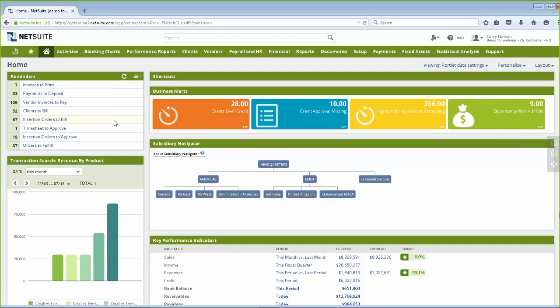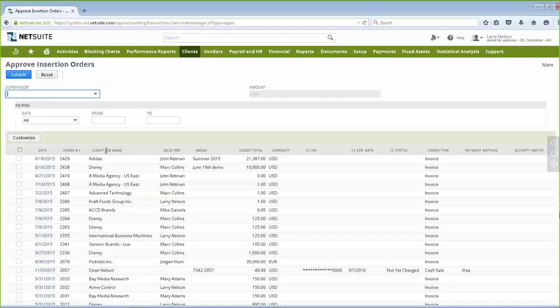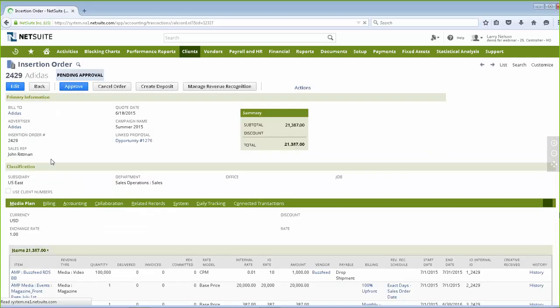This is just going to let me know things that can be done in bulk, as well as workflow that has then put them on my dashboard. And then I can also see things that I need to do in bulk, such as I'm ready to be billing some of my insertion orders, that type of thing. So let's go in and look at that contract that we had talked about earlier with 2429. So right away, I can see that contract, based on that salesperson setting it over to a status,